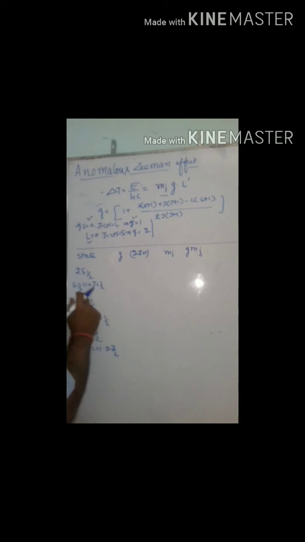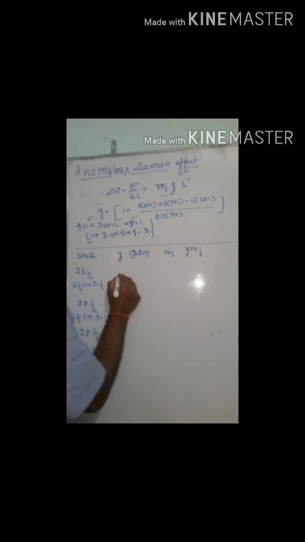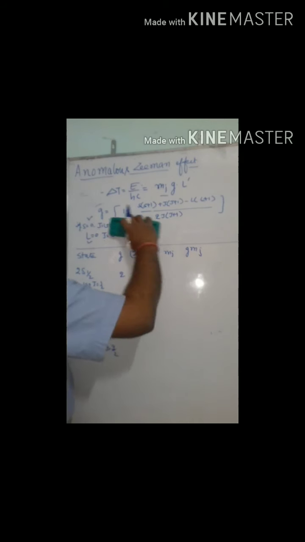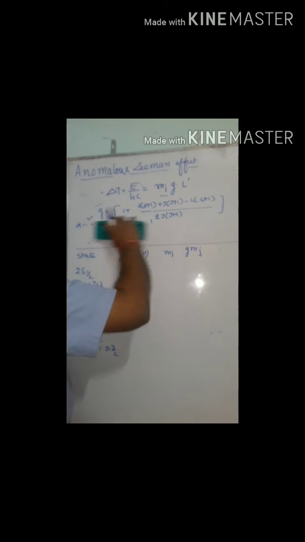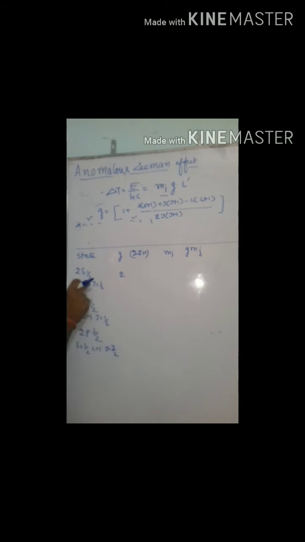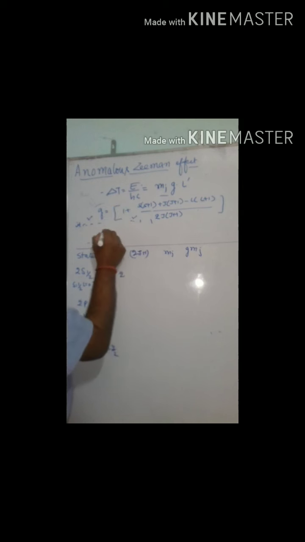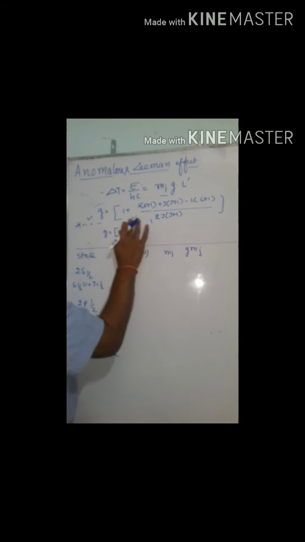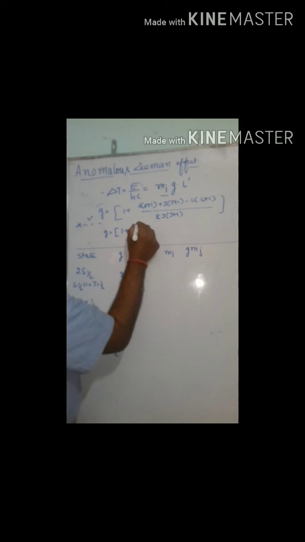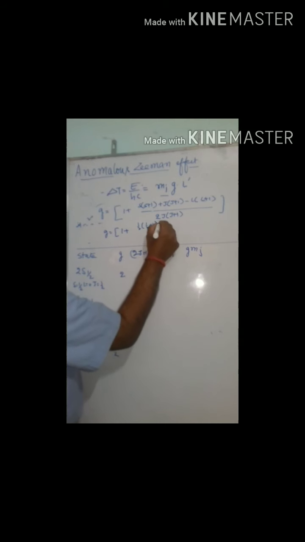We get G, let us write G. How much will G be? The G will be equal to 2, right? How did this come? You put the values over here. S is 1 by 2, so G is equal to 1 plus 1 by 2 into 1 by 2 plus 1, plus